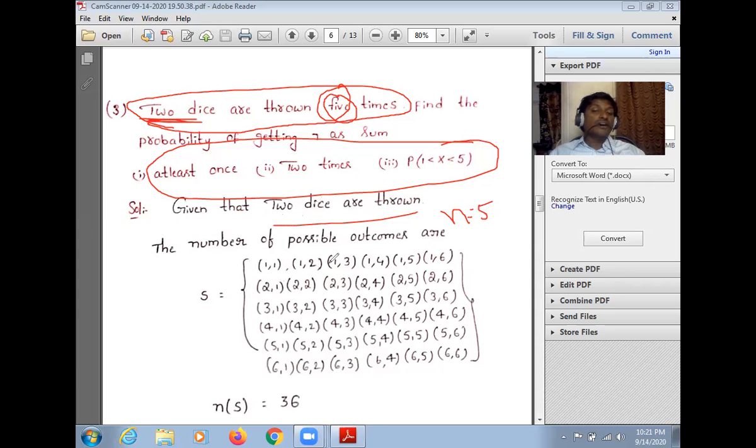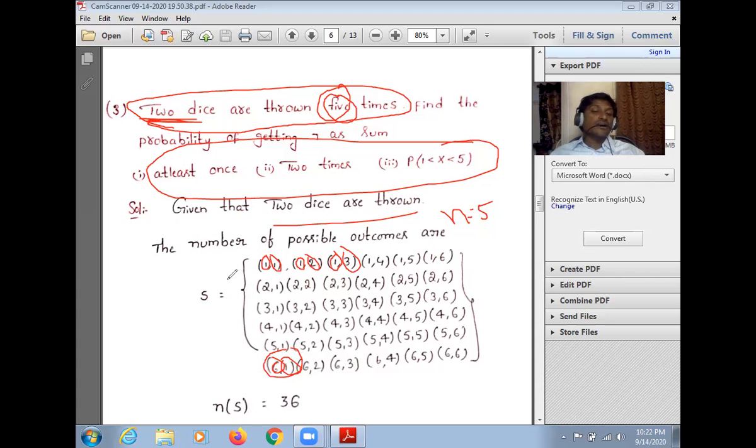1 1, 1 2, 1 3, 1 4, 1 5, 1 6. It means on the first die 1 and second die 1 may appear. On first die 1 and second die 2. First die 1 and second die 3. So like that. Here the 6 1 is representing first die 6 and second die 1. If you want, you can take two dice and see it. So first die all 1 1 1, and second die